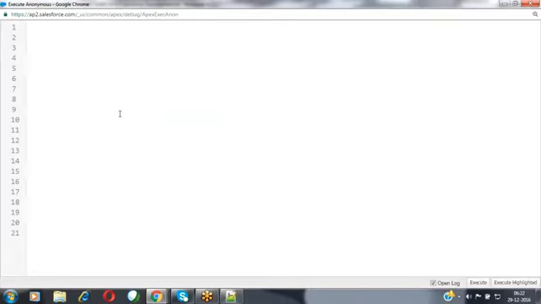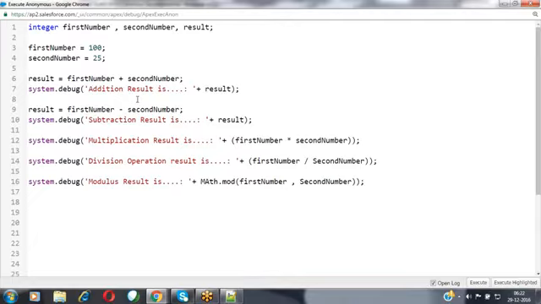We defined first number, second number, and the result. I assigned the first number value as 100 and the second number value as 25. I performed all these operations and I'm able to display the result as well.